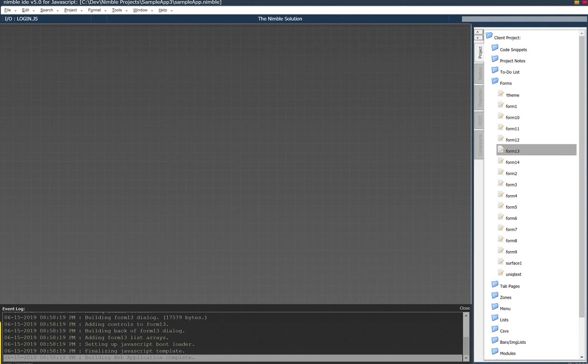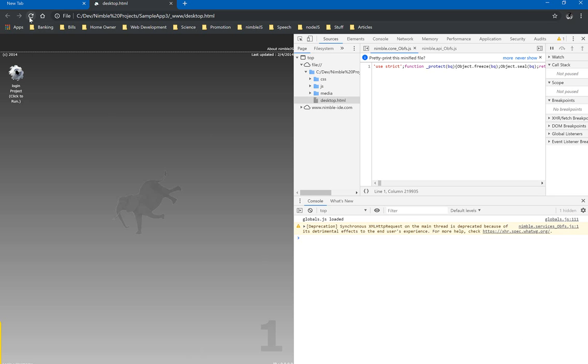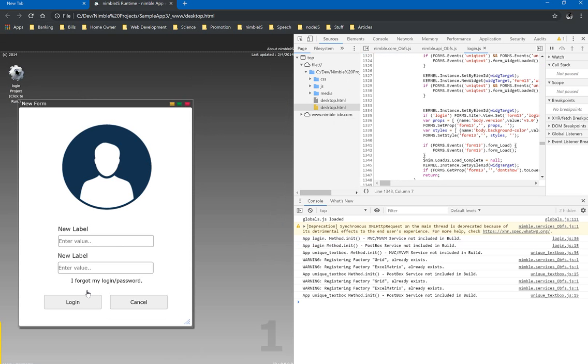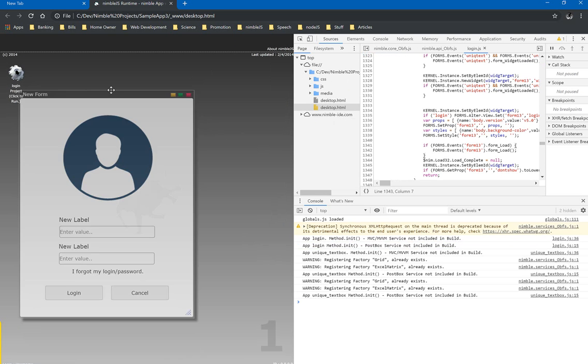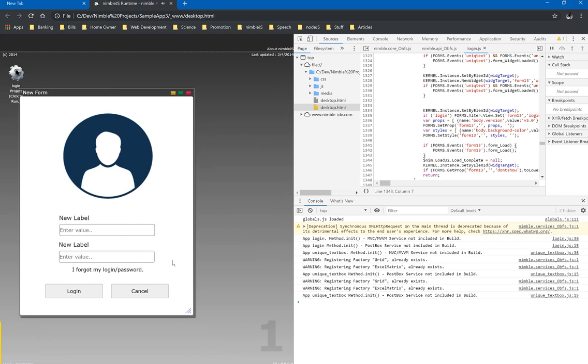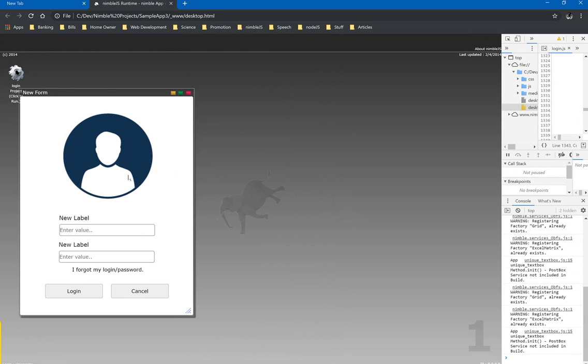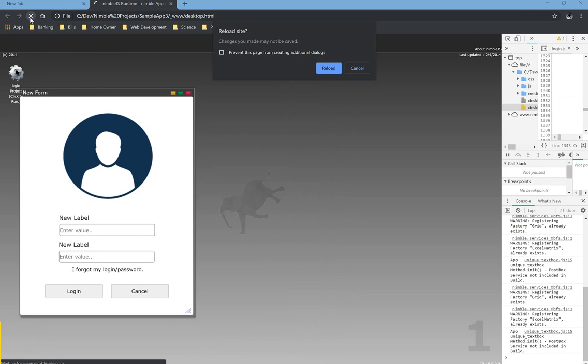Once the project gets complete, we have a simple web browser. It doesn't matter if it's mobile or not. It's just going to compare the width and height of the screen and adjust as expected. Here we have the login panel comes up in portrait mode because of course the width is shorter than the height. If we now increase the width of the screen and refresh,